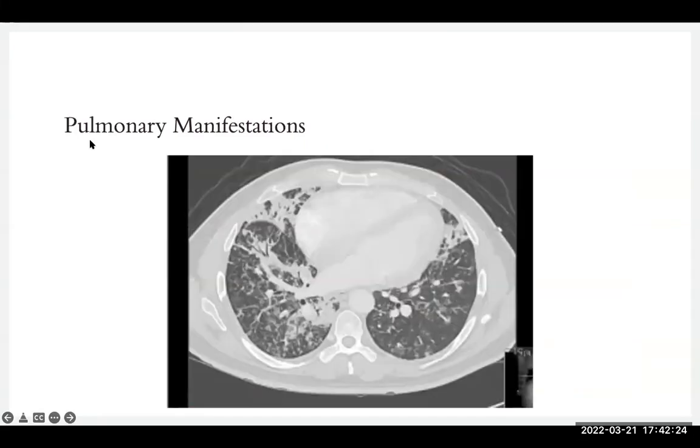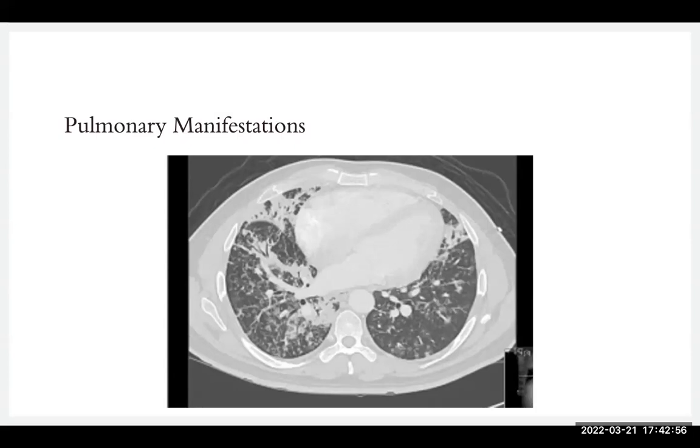Respiratory is the same story. They may be asymptomatic and might even be an accidental finding when you do a chest X-ray. But again, they could have dry cough, pleuritic chest pain, hemoptysis, fever, difficulty breathing, respiratory failure, upper airway obstruction, because of the polyps. When that happens, now it's already advanced, but most of the time you tend to find it